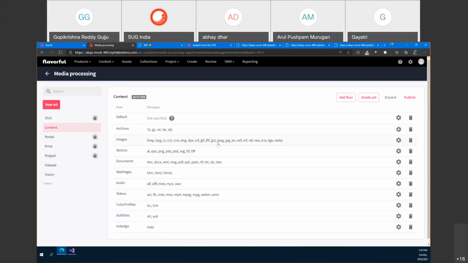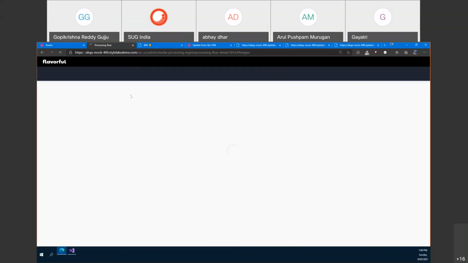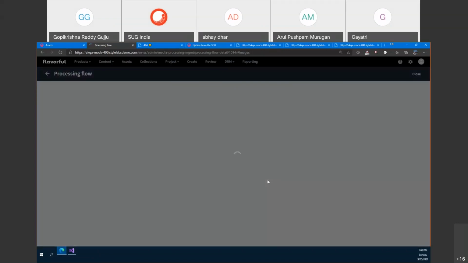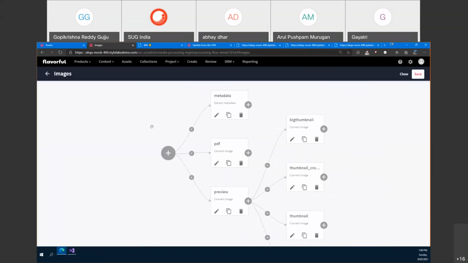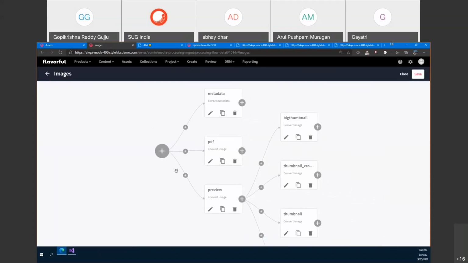When you upload, for all these image formats, it runs this processing engine, this processing flow, behind the scenes. So this is customizable, I mean extensible. You can customize it whatever way you want. So let it load. If an image gets added, you observe here, I have not added any custom rendition, these are the predefined ones.